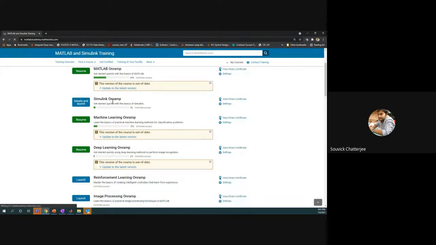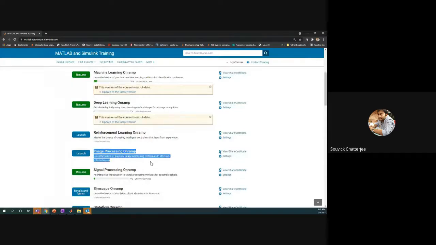You can see that there is something called Image Processing Onramp. I'd suggest everybody who has not been accustomed to image processing in MATLAB, you can give this to the students to complete before the course as well. All of this takes roughly 2 hours, and you will get a certificate at the end. The link has already been shared by Mona Lisa: matlabacademy.mathworks.com. That is the link for this.